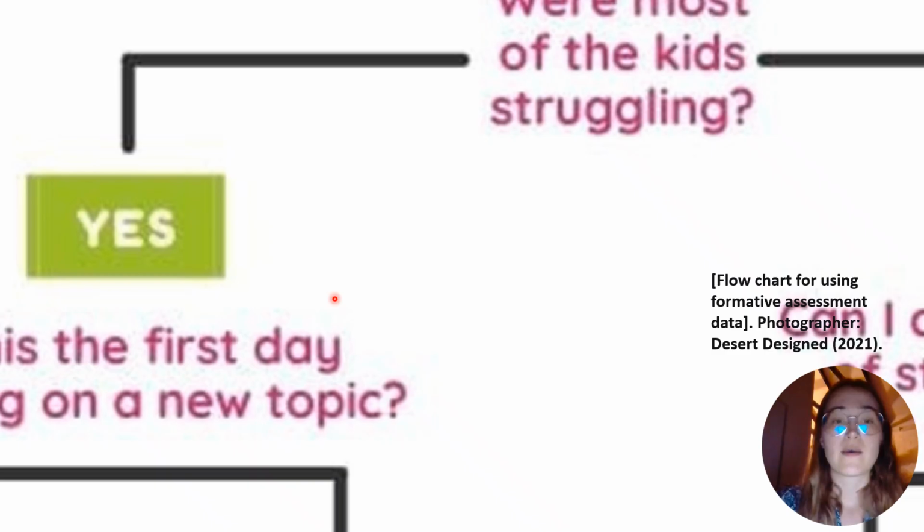Okay. If not most of the kids are struggling, only a few are still stuck, then we go into group projects. Okay. Can we create small groups of students based on the current skill level? Have those that understand with those who don't and join them together. Can we do that in this classroom? Do we even know who knows and who doesn't? If we can